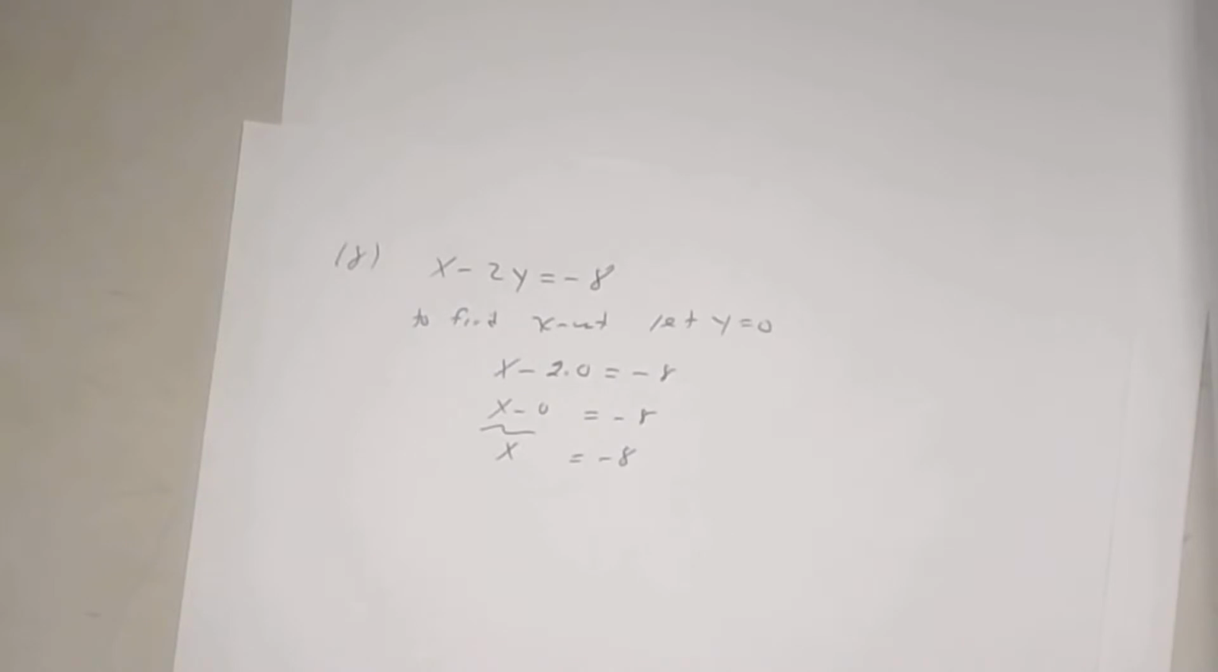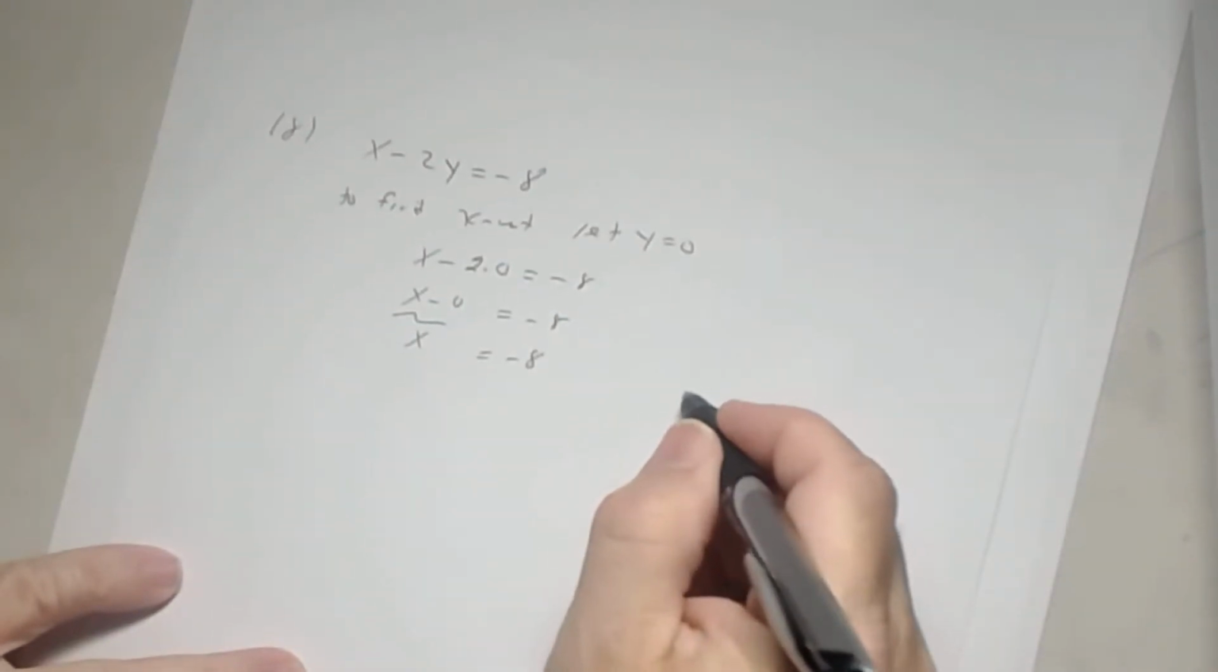So there's your x-intercept. Now, if it didn't say ordered pair,